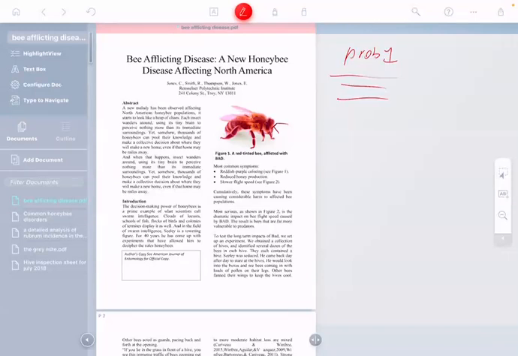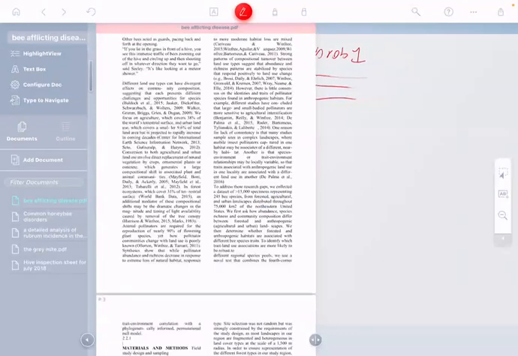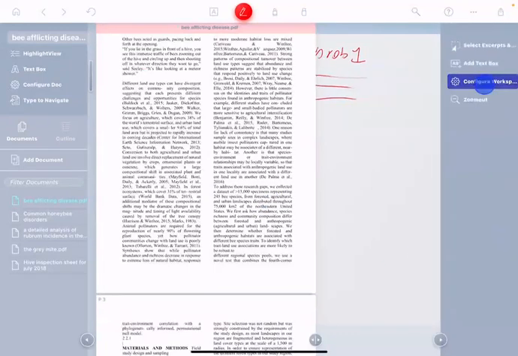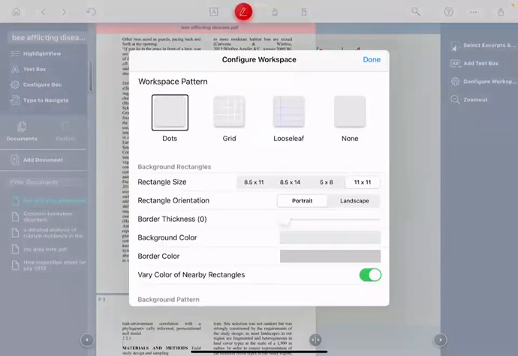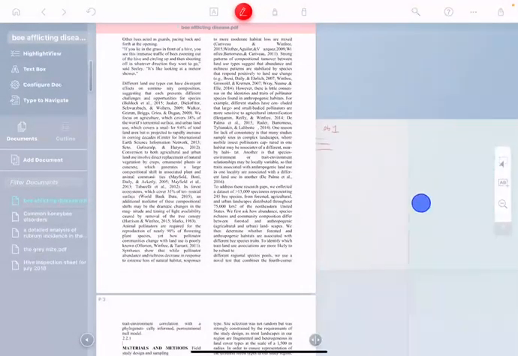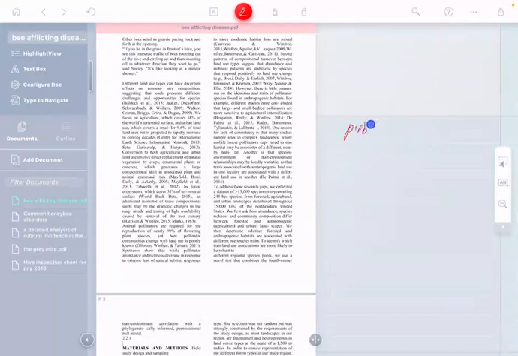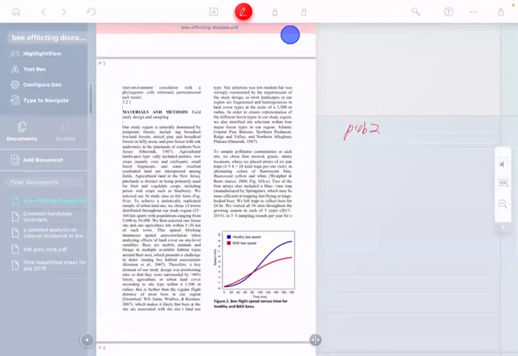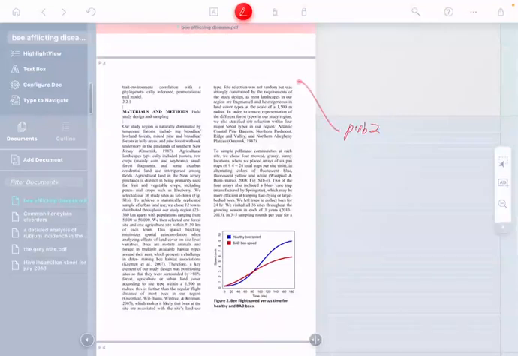And for connecting them, this is the beauty of ink links, right? You can literally just create an ink link that connects them. And then as you go on to the next problem, one of the things you might want to do is configure the workspace so you have a clearer notion of actual pages, right? So we might set 8.5 by 11 here. And now we can see really clearly all of our different workspace pages. And so I might put problem 1 here, go on and put problem 2 here, and then maybe likewise draw an ink link connecting them.